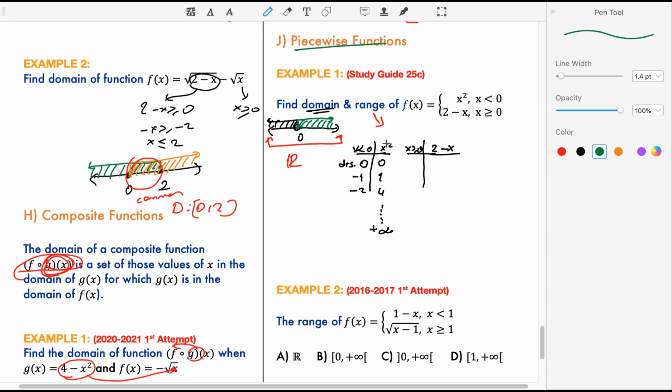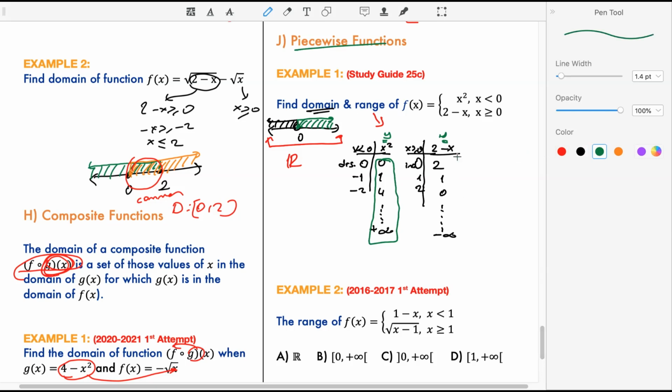These are the x values. Those are the y values, right? Y is equal to x squared. So these are the y values for the first part. For the second part, pick a number. First, use the boundary line. Boundary number 0. 0 is included. 2 minus 0 is 2. And give another number bigger than 0, like 1. 2 minus 1 is 1. Give another number bigger than 1, like 2. 2 minus 2, 0, and so on. From starting 2, our numbers are heading to negative infinity. It keeps getting smaller. 2, 1, 0, negative 1, negative 2, and it goes to negative